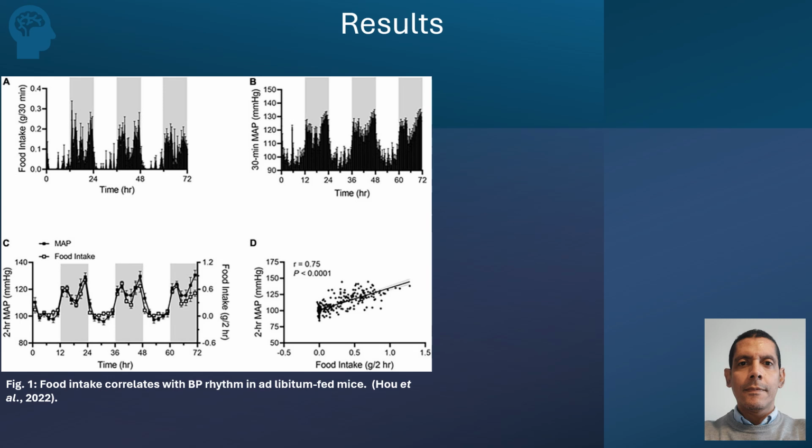And in figure A, you can see how it actually goes up and down in terms of the feeding, and that was measured in grams per every 30 minutes, and the mean arterial pressure also measured in increments of 30 minutes over the 3 days corresponds with the feeding. So it goes up and down at the same time. In graph C, you can see as it's plotted how the mean arterial pressure goes down, and during feeding it goes up and it goes down again and up and down and up. And in D,